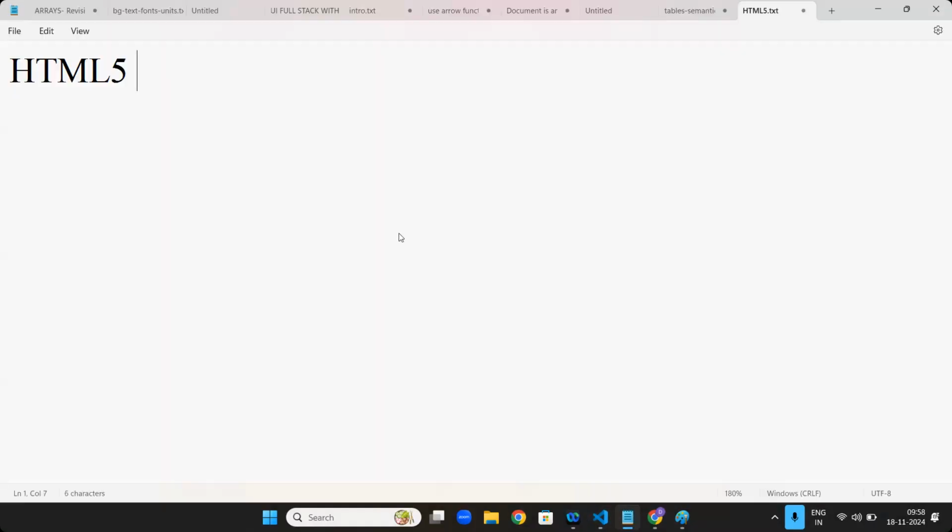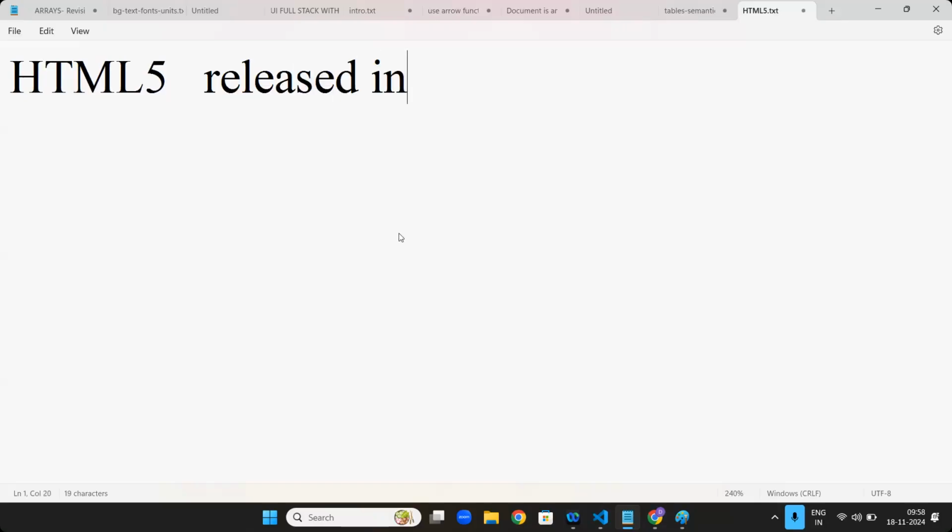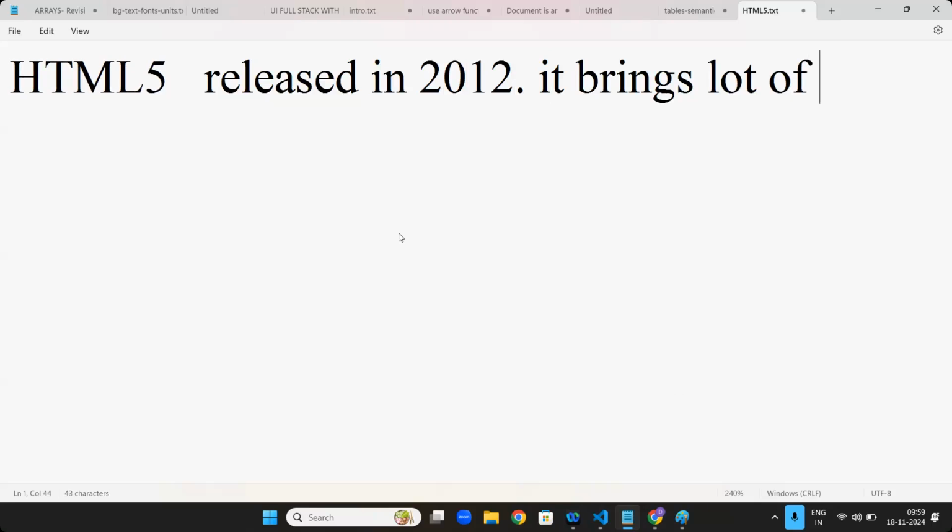That would be better. HTML5 was released in 2012, and it brings a lot of features in HTML,